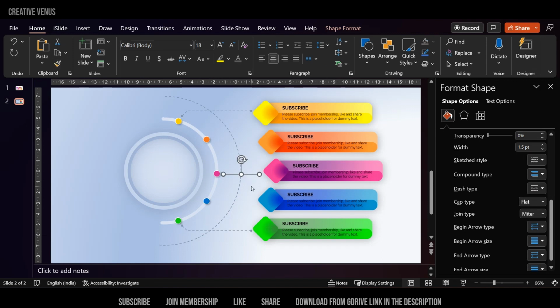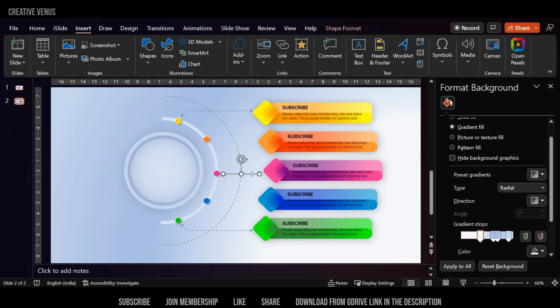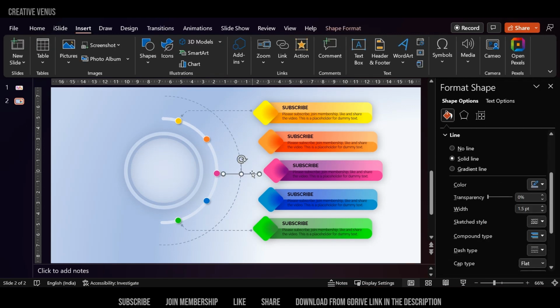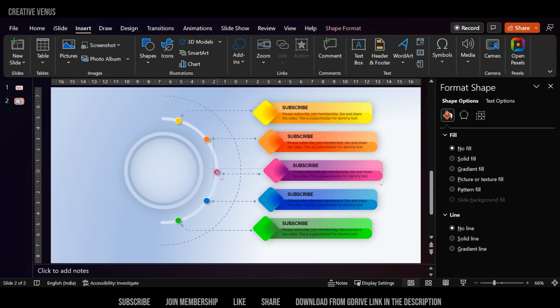And then you can use the format painter option to apply the same style, and again duplicate and place it here, and then again duplicate and place the next one here. And for the center one, you can see it is not aligned, that's why the line is not at the center. Yeah, this one. For that we need to move the circle up,